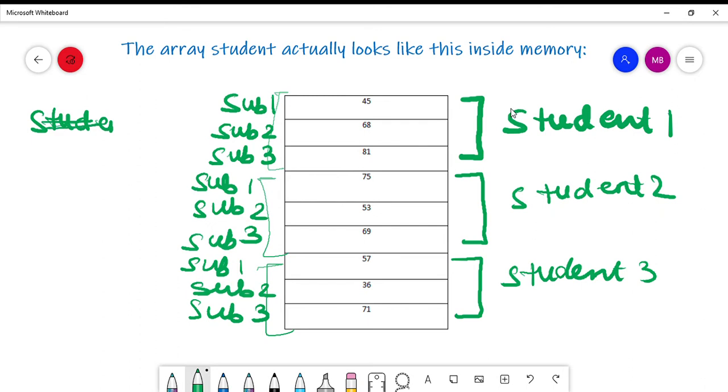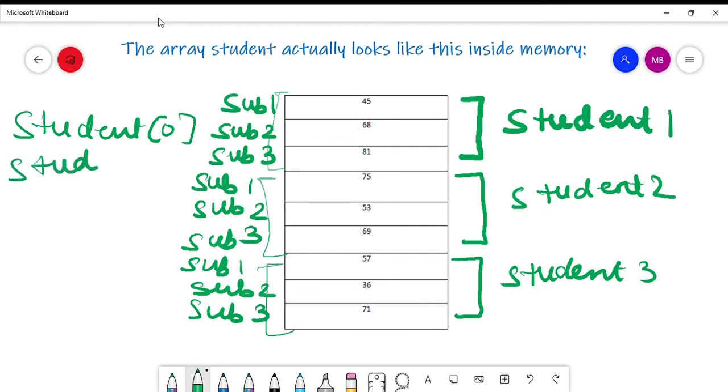It would have been like student 0 or student 1 or student 2, right? But since this is a structure, how do you access the variables? You access the variables by joining them with the members with the dot operator in between.